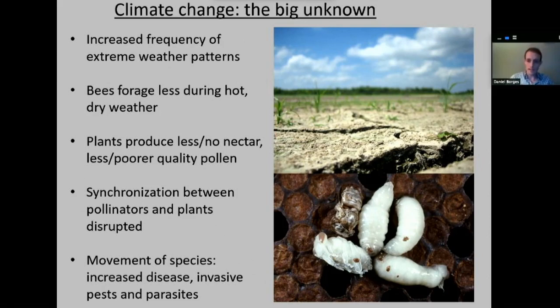So an example in the bottom right there, that's a type of mite. It's called Tropilaelaps. It's a mite species that is, at the moment, only found in Southeast Asia, and it affects honeybees there because in the tropical areas where they're found, the bees basically don't ever stop producing brood or producing offspring. So there's always offspring available, and these mites are extremely reliant on those offspring to be able to feed. They can't really survive more than about 7 days or so without those young larvae developing. So they can't actually feed on adult bees, and that's really something that's prevented them from spreading to other parts of the world,